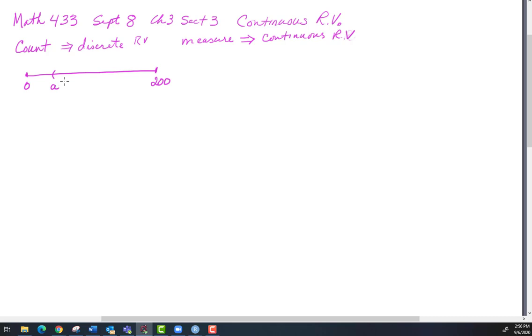Now, let's think about an interval along this highway from A to B, and we're going to make the assumption that the probability of an accident between mile markers A and B, maybe I should write a little IN in here, is dependent only on the length